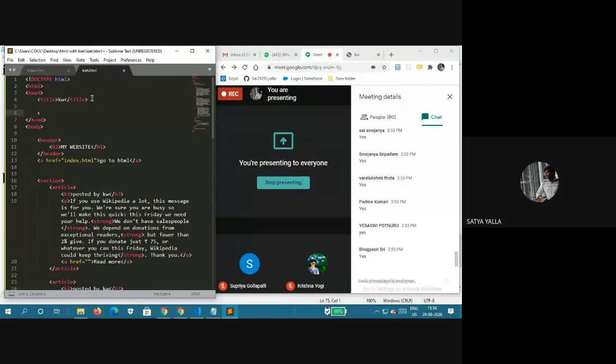Whenever we use CSS, you have to type the style tag, which represents that the content is CSS. When you type style and press enter, it will open for you to type the CSS.